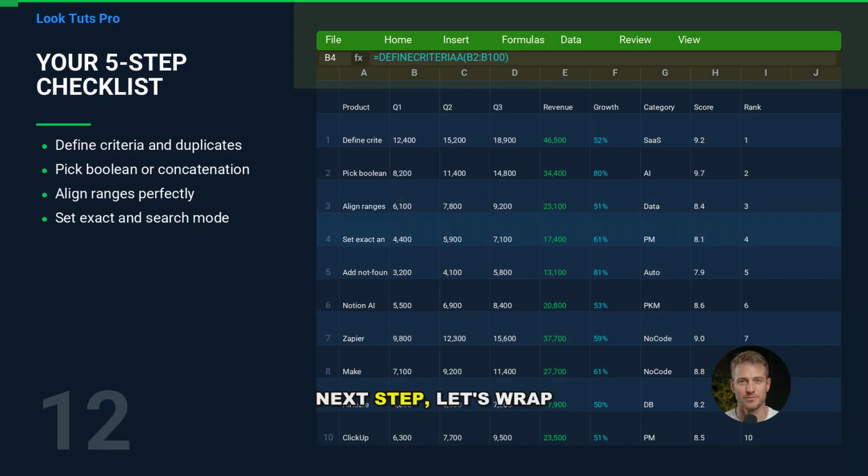Next step. Let's wrap this into a simple mental checklist you can use every time. First, define your criteria columns and make sure together they uniquely identify a row, or decide how you'll handle duplicates. Second, choose your method, Boolean multiplication or concatenated keys. Third, build the lookup array carefully with aligned ranges. Fourth,